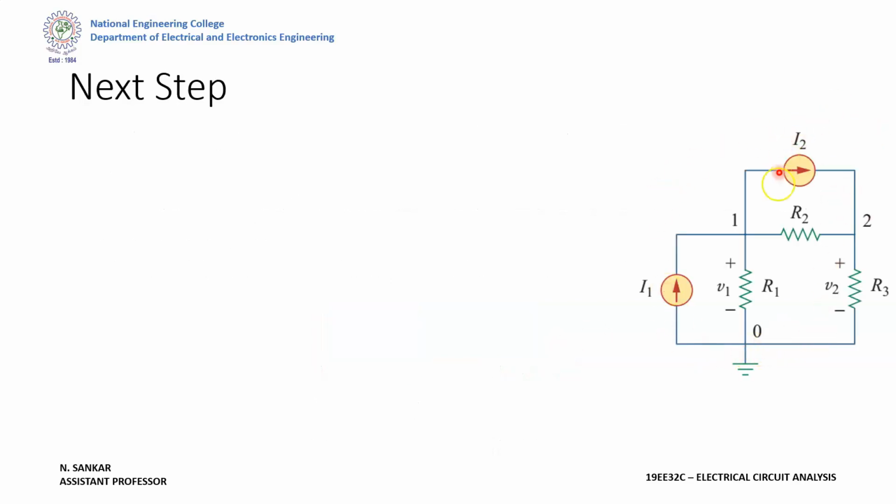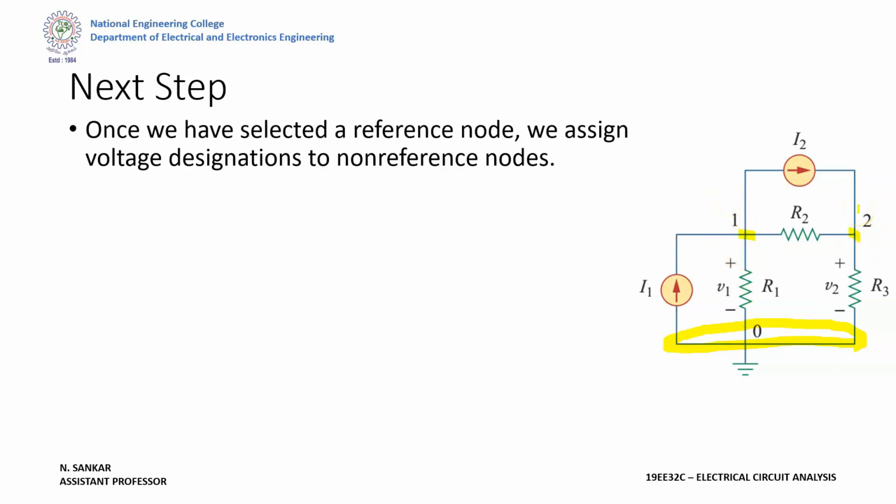So here if you see this circuit, we have 3 nodes in total, right? This one is the reference node, that's why they have marked it as 0, because it is connected to ground. This one is node 1, that is a non-reference node, and this one is node 2, that is also a non-reference node. So in total we have 3 nodes. Of these, 2 are non-reference nodes and 1 is the reference node. Now our aim was to assign voltages to the non-reference nodes. So for node 1 we will consider voltage V1, and here V2. Okay, so that's our aim.